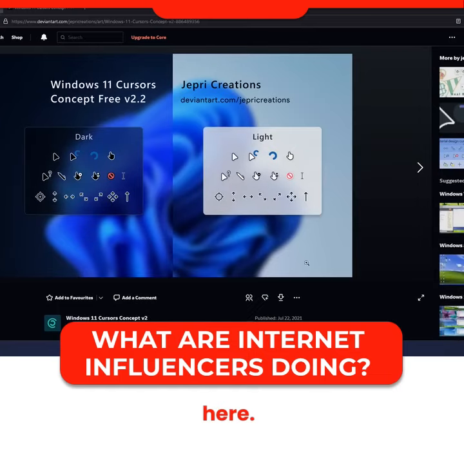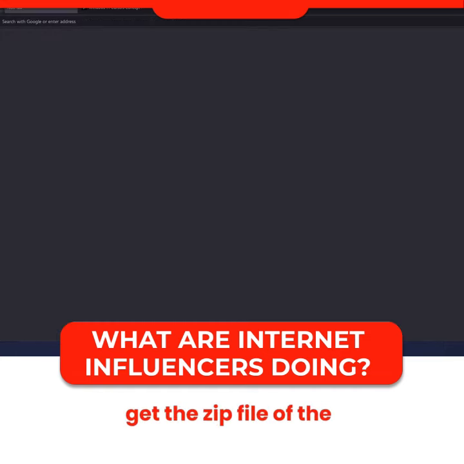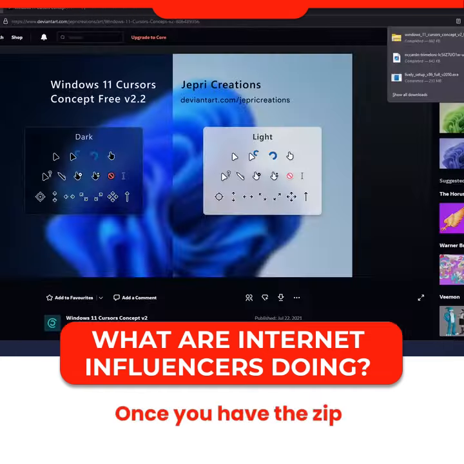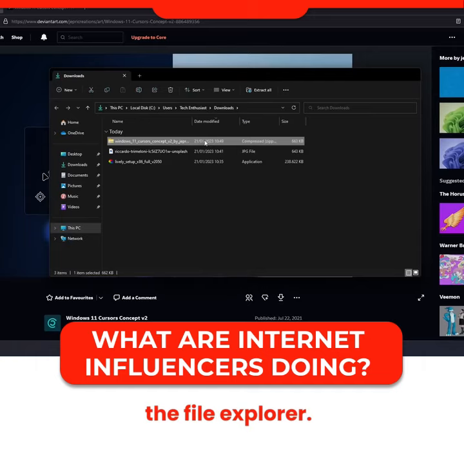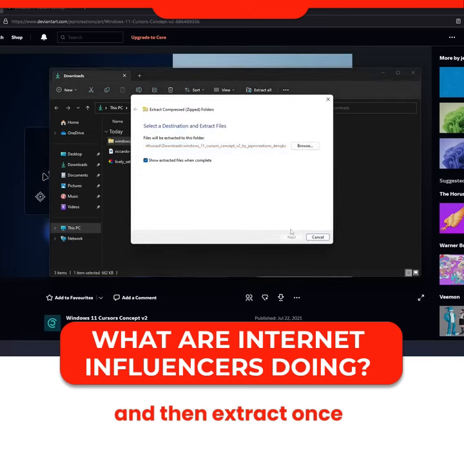You can see here. Now let's click on this green download arrow to get the zip file of the cursor pack. Once you have the zip file, let's open it in the File Explorer Downloads folder by clicking this folder icon here. Inside the File Explorer, let's right click on the zip file, click Extract All here, and then extract